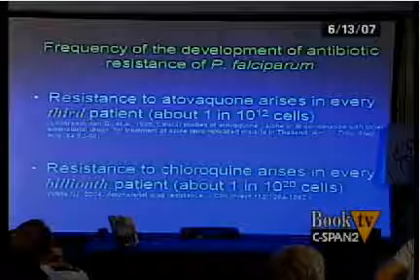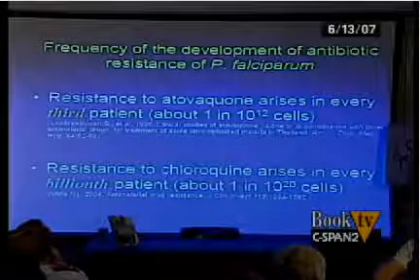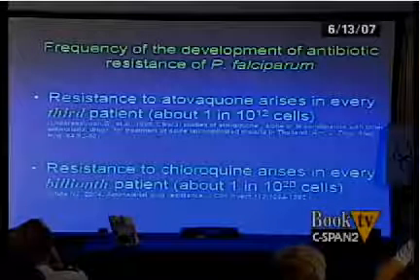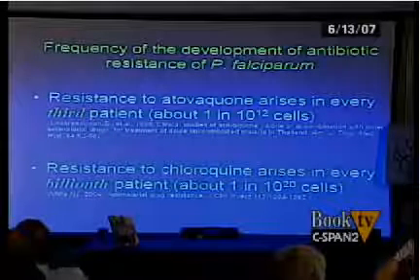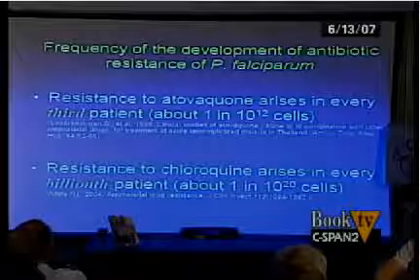Resistance to chloroquine arises in about every billionth patient, about 1 in 10 to the 20th cells. Now it turns out that malaria has 10 to the 20th cells occurring every year, so it can overcome this without too much trouble. It's breathing hard anyway, but for larger species like humans or elephants or fish, where the populations are much lower than 10 to the 20th, it would take many, many, many years to develop a